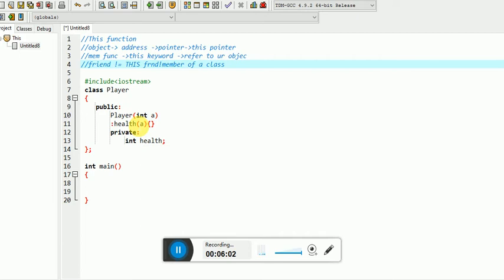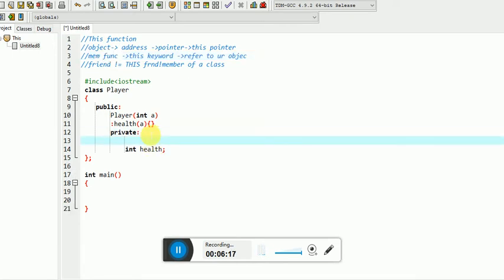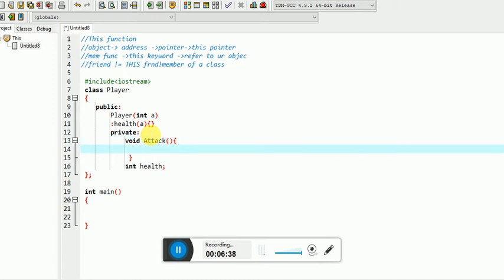As we have seen, we can refer to any member function. To refer to a member function of an object, first I will have to create a member function over here. This is our member function that will return nothing. Let the member function be attack. The player will attack, so you can relate it to a game.